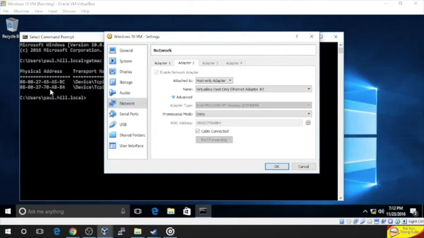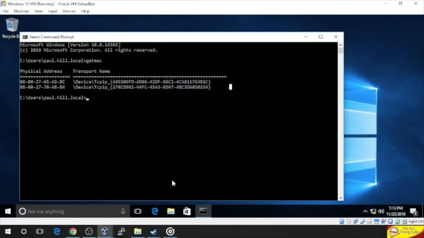Now we can see that the MAC address listed here matches that of the second MAC address listed in Command Prompt. This is the MAC address we'll use to create our DHCP reservation, because this is the MAC address of the networking adapter that is attached to the same host-only network that our domain controller is using. Click OK to close the settings window. Switch over to our DHCP server, which is